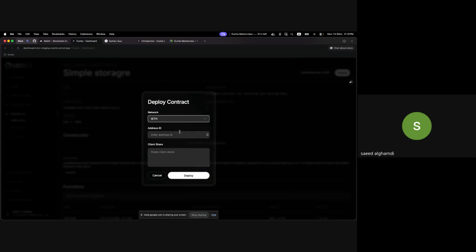Let's take Sepolia, the public testnet, and the address ID will be one of the addresses that you have on the users list. The client share will be the client share that we give you at the moment you register with Oumla. Let's now deploy.